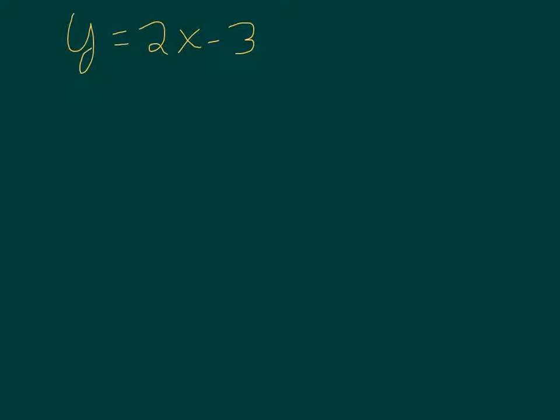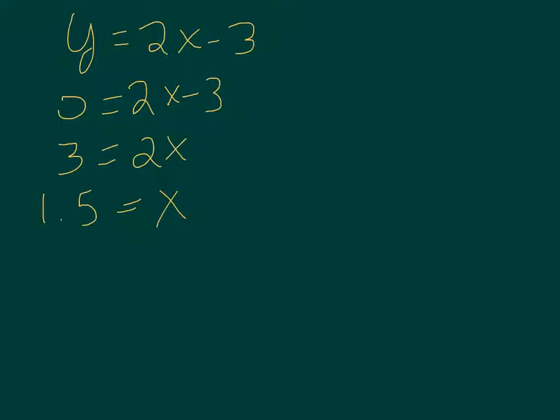The solution of the equation is found where y is equal to 0. So if you plug in 0 is equal to 2x minus 3, and then take over the 3, let's see that x is equal to 1.5. So (1.5, 0) is the solution to the equation,